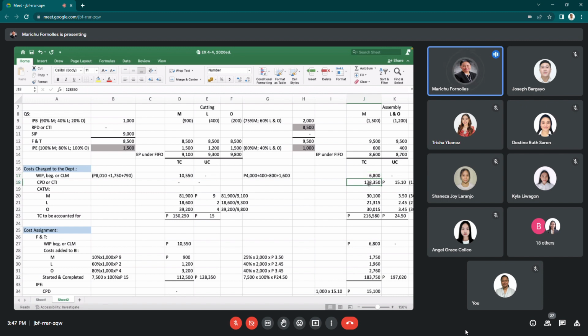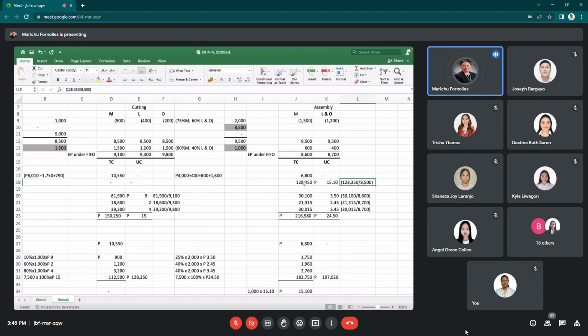Next is the CPD this month of assembly. So notice, class, we have the CPD last month, which is part of the work in process beginning. So the CPD this month is the F&T of cutting, which is forwarded to assembly department representing the cost from previous department this month, or the cost transferred in this month from cutting. So to get the unit cost from PD or the unit cost transferred in, it would be CPD this month,